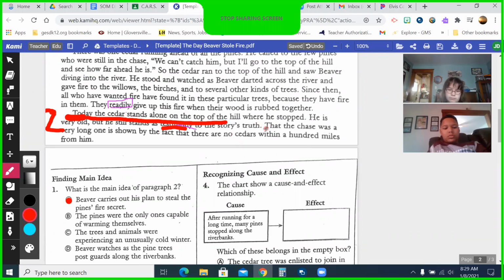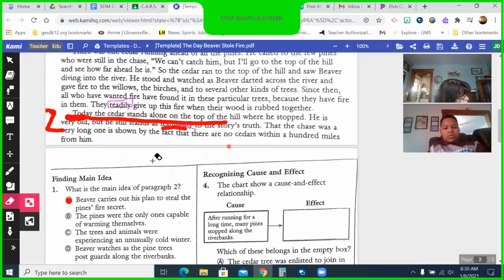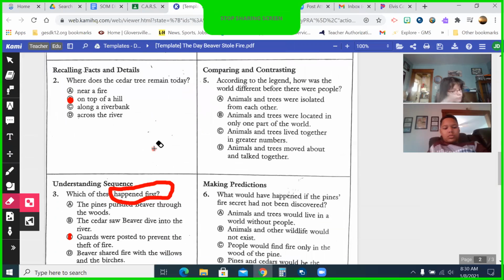Fill in the word that you're trying to figure out the meaning of with all of the other words of your choices and see which one makes the best sense, okay? So the chase was a very, oh, where am I? I gotta get rid of this thing here. All right. Yeah, anyway. He's very old, but he still stands as